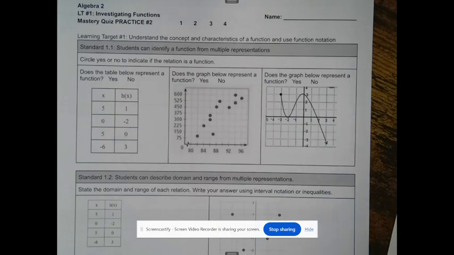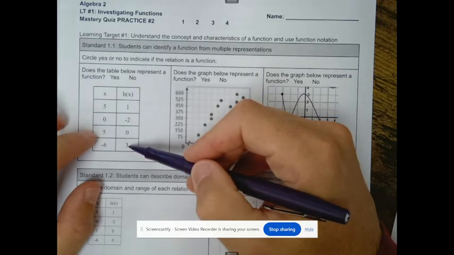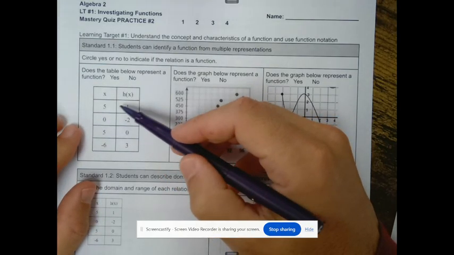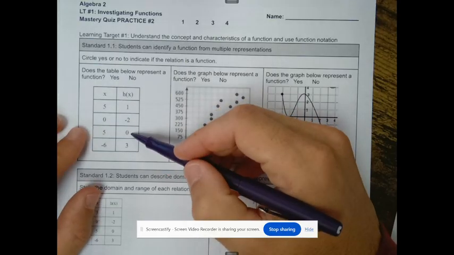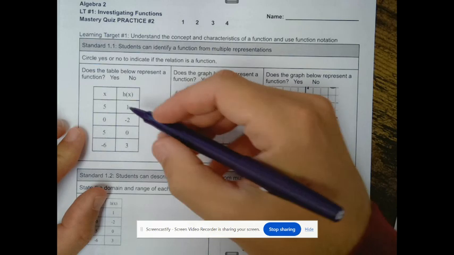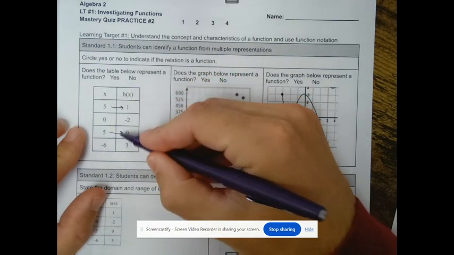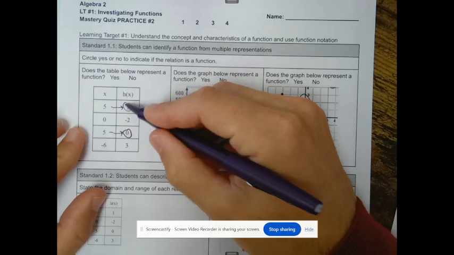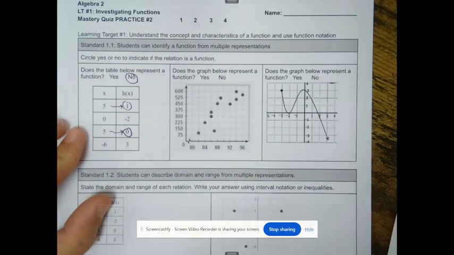So if we look at this first one, inputs are x, outputs are h of x. I see an input of 5, output of 1, input of 0, output of -2, input of 5, output of 0. And look what we've got here. I see an input of 5, output of 1, same input, different output. Same input, different outputs means not a function. Second one,